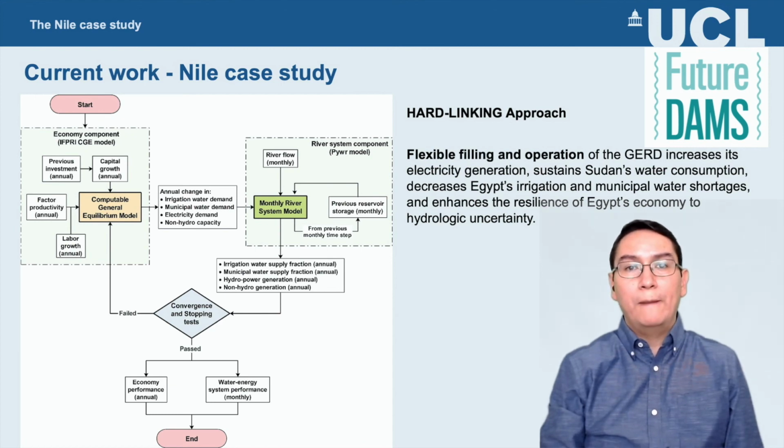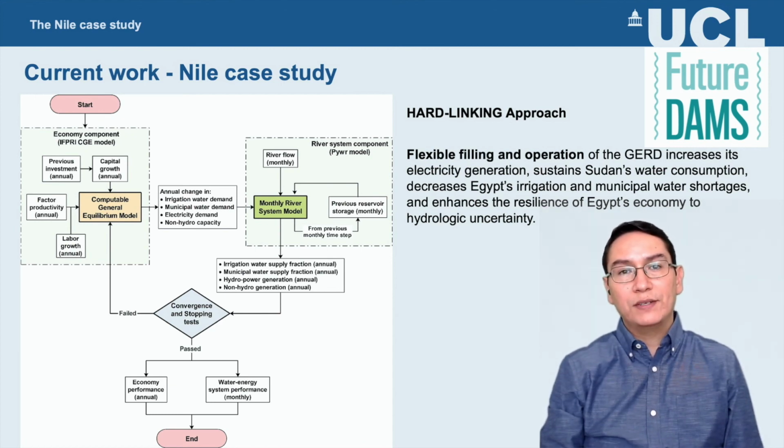The CGE and the river system model will pass a convergence test when the difference between the current and the previous iteration's values falls below a certain convergence threshold. Then the results of the last iteration of the models will be considered a solution of the integrated framework for that particular year. We apply this framework to assess the impacts of the GERD filling and long-term operation on Ethiopia,